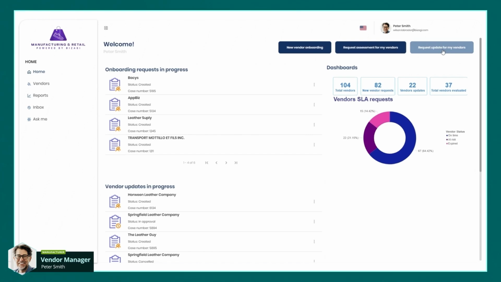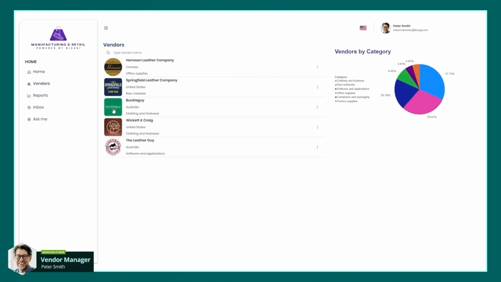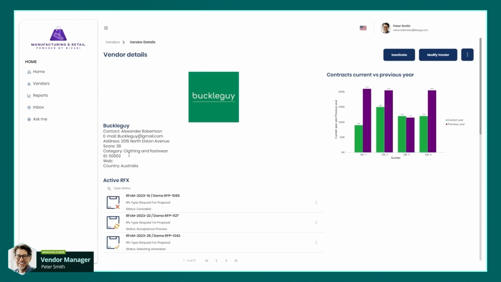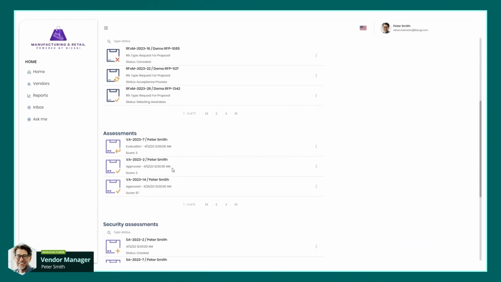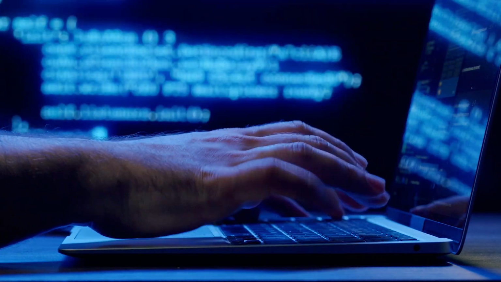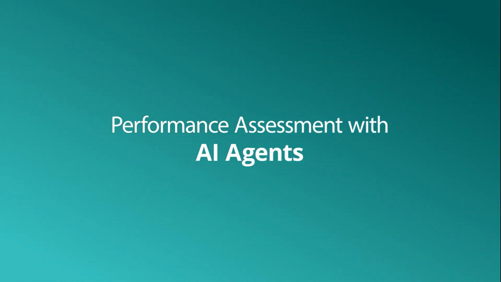From vendor onboarding to security assessments, using Bizagi's centralized automation platform can enhance accuracy and improve vendor relationships. But did you know you can add further efficiencies using AI agents? To show you AI agents in action in vendor management, we are going to use two examples, starting with performance